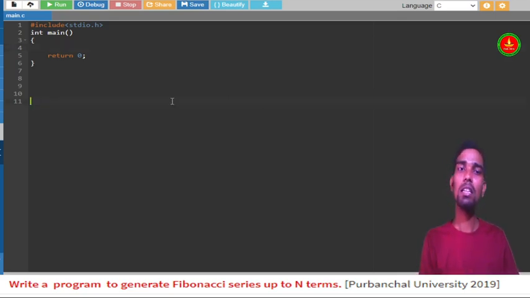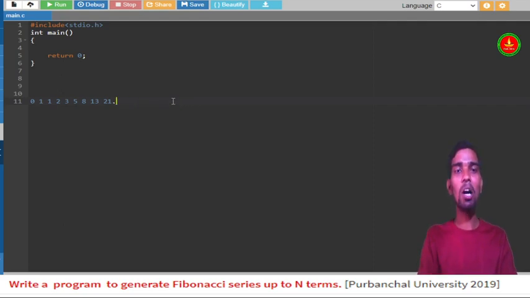So the Fibonacci series mostly starts from 0, and then it goes 1, and each element is the sum of the previous two elements. So 0 plus 1 is 1, 1 plus 1 is 2, 1 plus 2 is 3, 3 plus 2 is 5, 5 plus 3 is 8, 8 plus 5 is 13, 13 plus 8 is how much? How much guys? 13 plus 8 is 21, right? So like that this series will go. I hope you got what the Fibonacci series is.